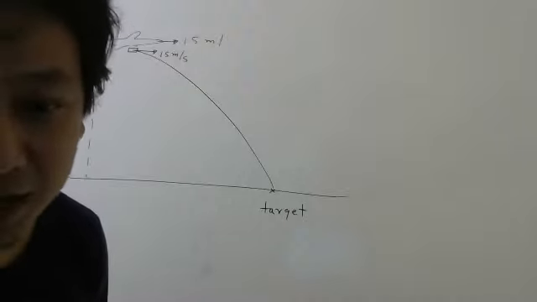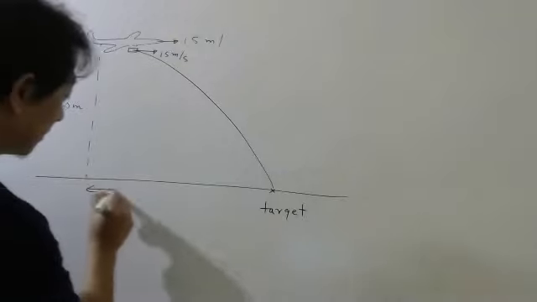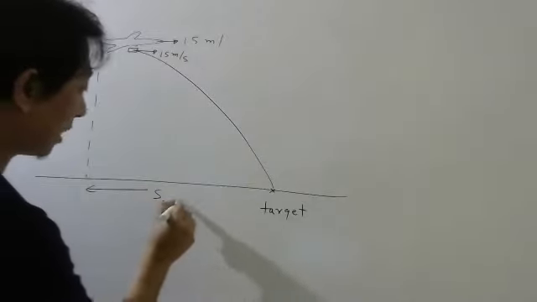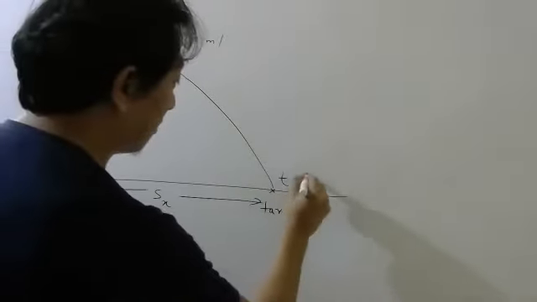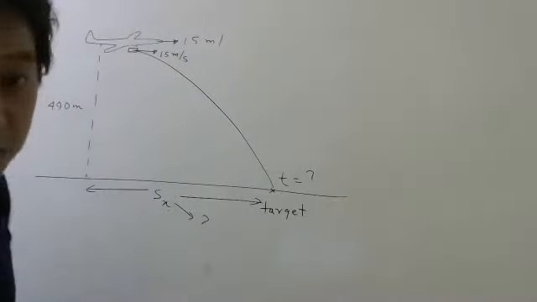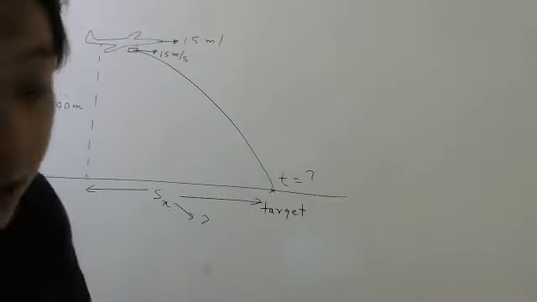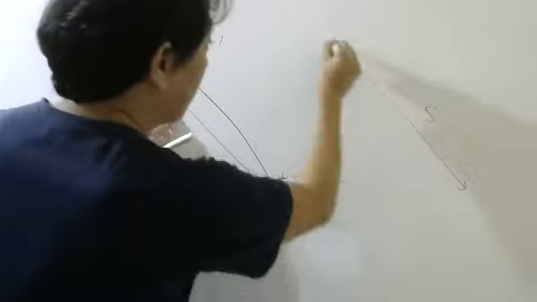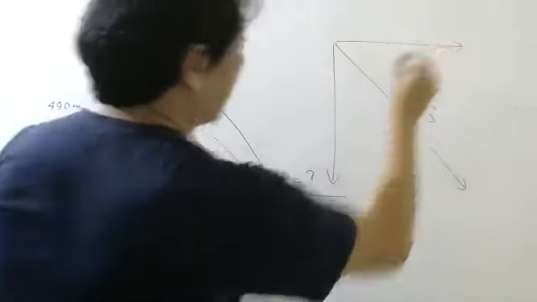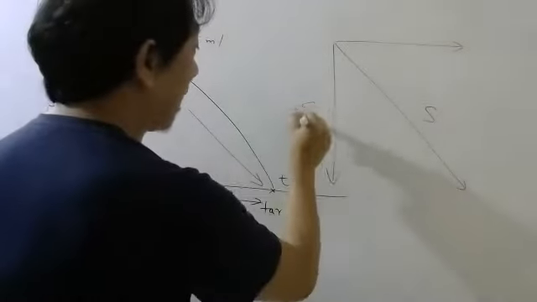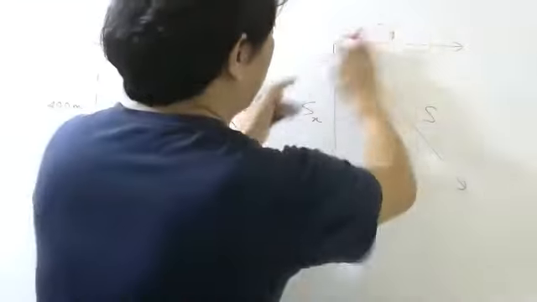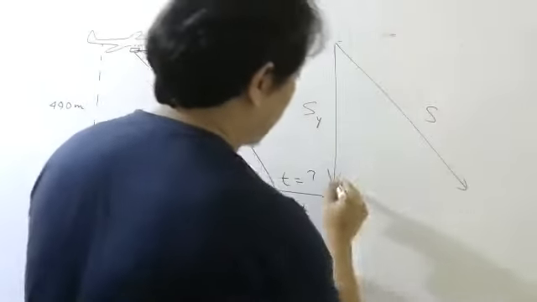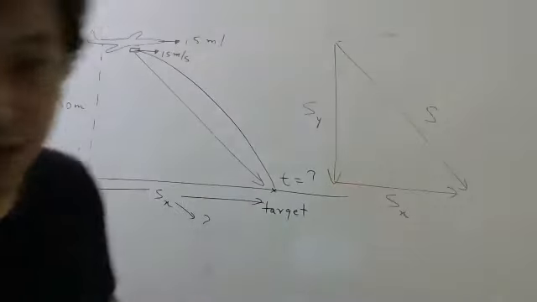Same way you will do. After what time it will hit the target? How far it is? If I ask that also you can do. So that is how we are going to solve the problem. Time taken you can find, and how far it falls, that you can find. Please, again and again I am telling you, the actual displacement is this. This is your displacement vector. This is your y component. This is your x component. Please understand. Numerous times I am telling you. And that x component of displacement you can show here also. Okay, 1000 times I have told.